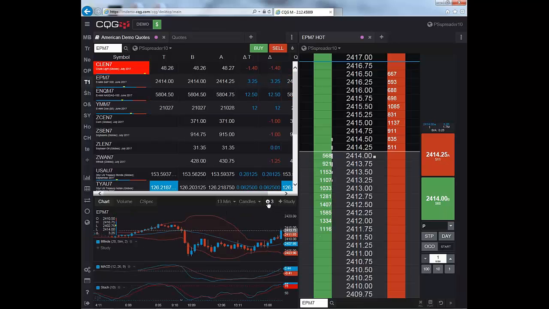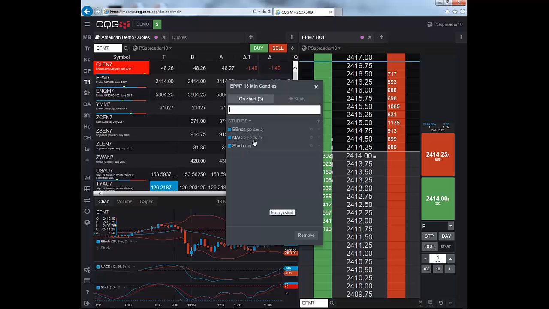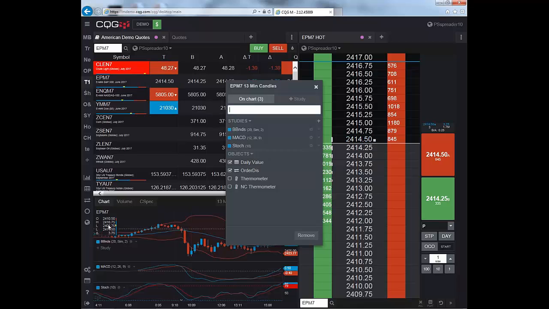The studies now, the parameters are all right here, so you can left click here, and this shows you the studies that are on it. It also lets you put in daily values up here, and a thermometer on there if you choose to put that up. If you want to add stuff, oh, by the way, if you go over here